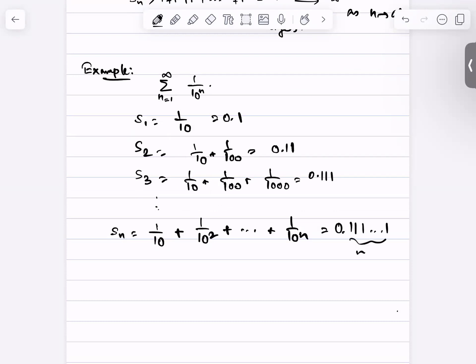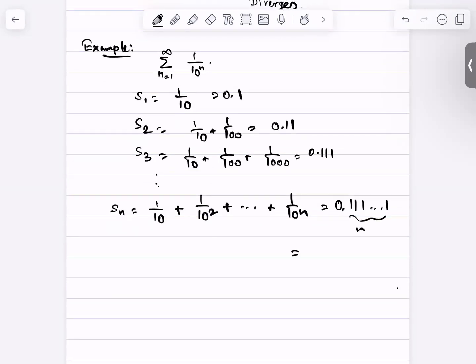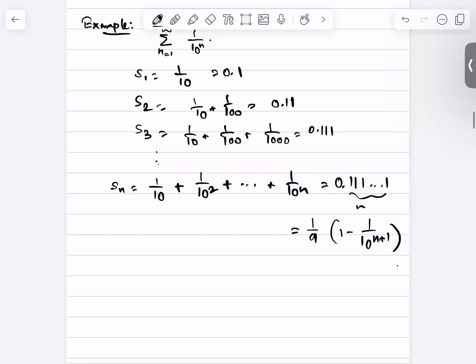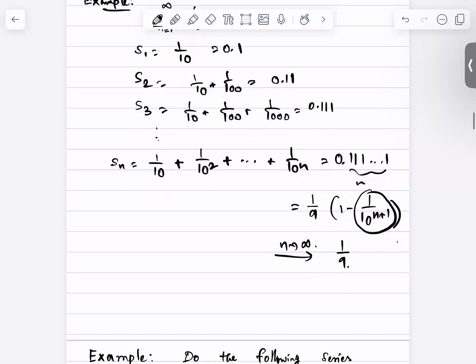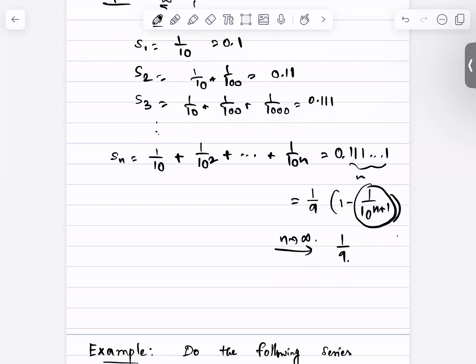And this is 0.111 and so on, with n ones. And I can write it as 1 over 9 times 1 minus 1 over 10 to the n plus 1. Okay. And now if I take n to be infinity, then this quantity will vanish because it tends to 0 when n tends to infinity. So my answer will be 1 over 9. Okay. Now how do I get this